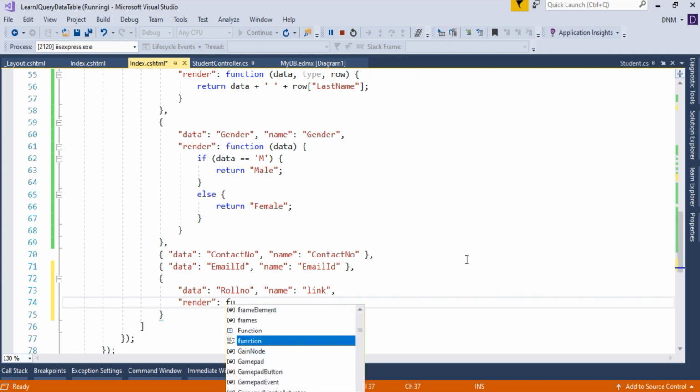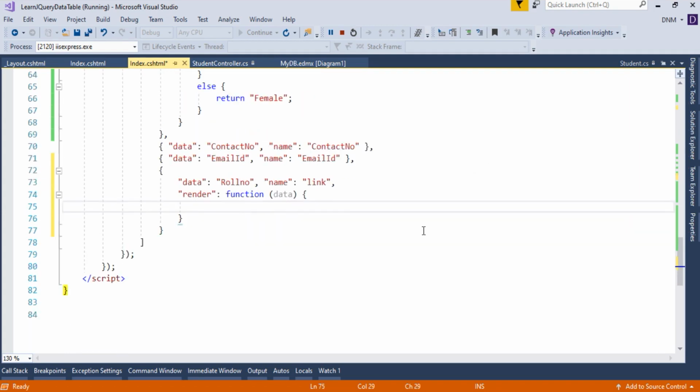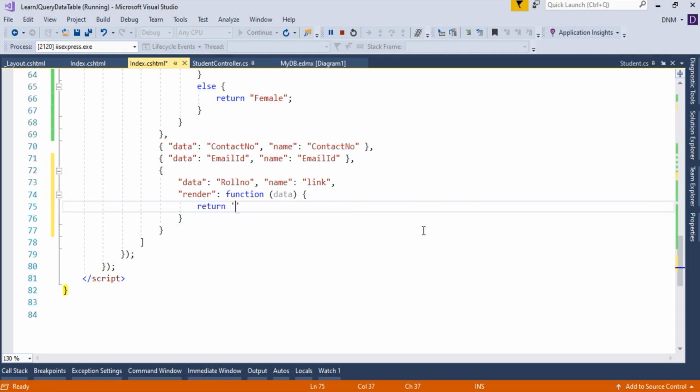So to render attribute, we know that we have to specify the function. Again, I am going to use the first argument only. That's why I am not going to define the next two arguments. So that's it. So as we render a checkbox, here we have to render the hyperlink. Okay. So that means we have to specify the anchor tag. So let us say return anchor tag. Suppose you want to give a tooltip. So in that case, you can use title. So I'll say edit.